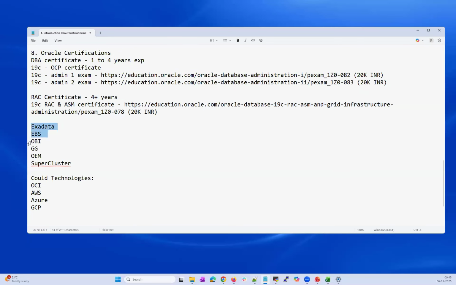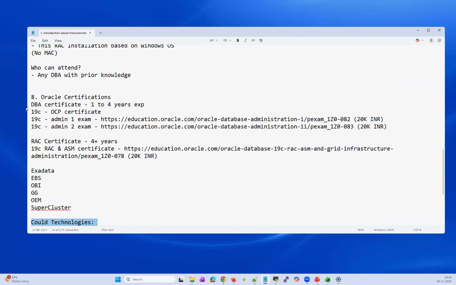On top of that, these are your specialization certificates. Based upon your areas of interest, you want to expand your specialization skills in Exadata, EBS, OBI, Golden Gate, Supercluster, PeopleSoft, many other areas. You have to go for certification in those areas later part of the course. And if you're interested in cloud technologies like OCI, AWS, Azure, GCP, go for those certificates. Those are your specialization certificates in those areas.